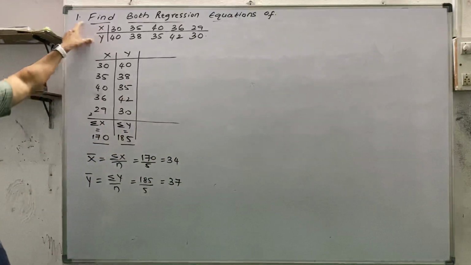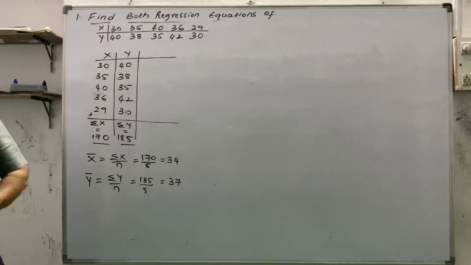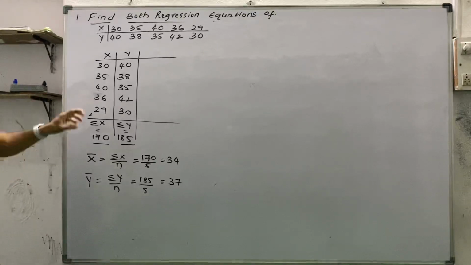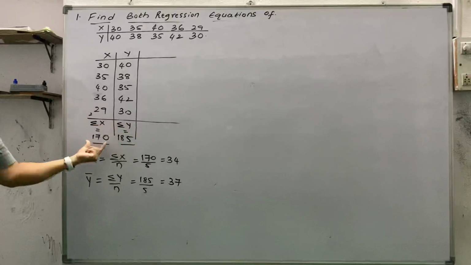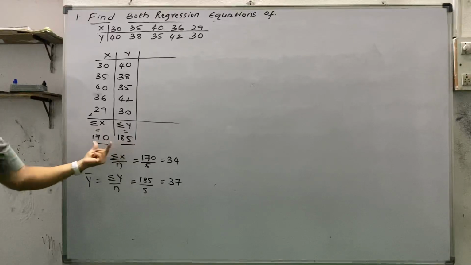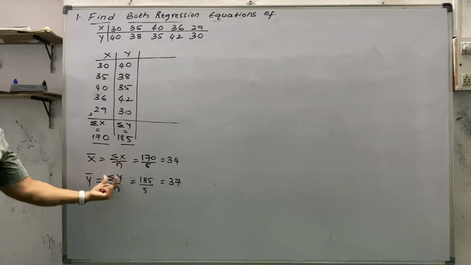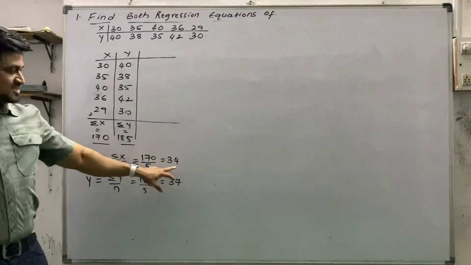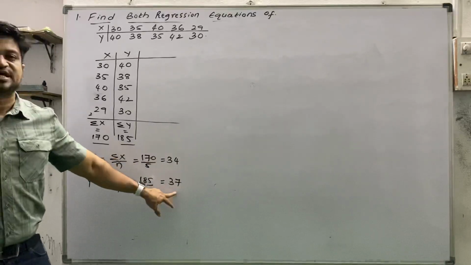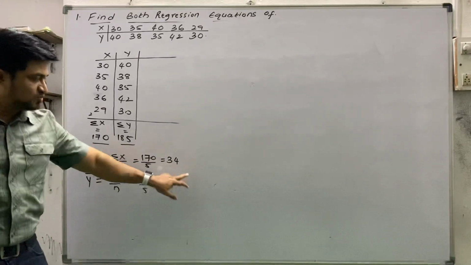See what we have done earlier, coming back to the first point: when a question is given to us, variable x, variable y, two columns you have to consider. After considering the two columns, first we have to find the summation of x, then the summation of y. Once we get the total of x and total of y, find the mean of x and mean of y. Mean of x is sigma x by n and mean of y is sigma y by n. Whatever values we got, check whether any one of the answers has a decimal or not. By seeing this, we can't find any decimal value in either of them.